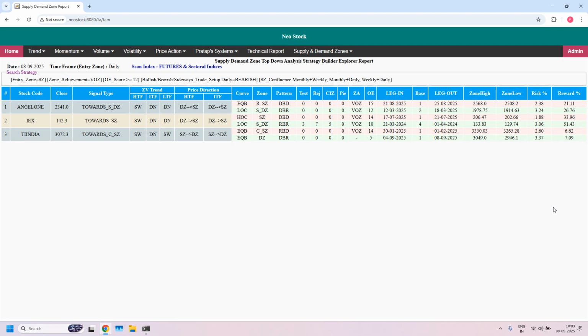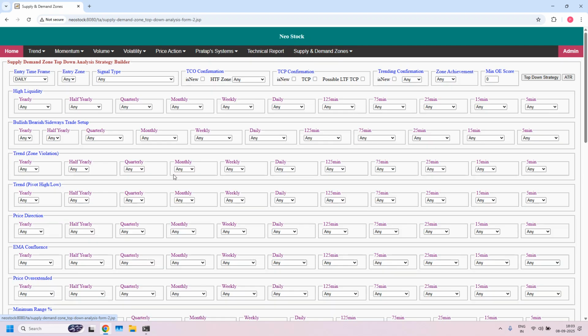Okay, this is bearish trade setup for monthly income trade. We have completed monthly income trade report generation. Next, I will generate a weekly income trade report. For weekly income trade entry time frame, 75 minutes, entry zone, demand zone for sideways long trade setup, and also bullish or bearish or sideways at 75 minutes entry time frame. I am selecting sideways long, zone achievement violated opposing zone, minimum odd enhancer score 11 for sideways,